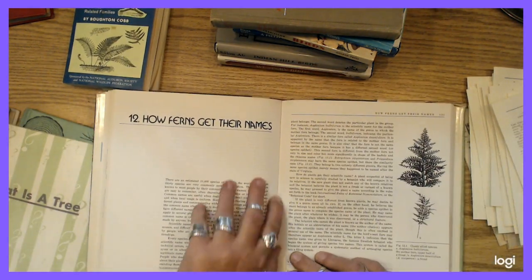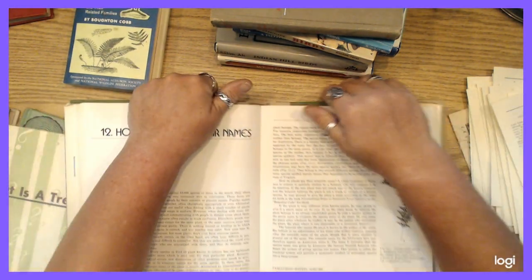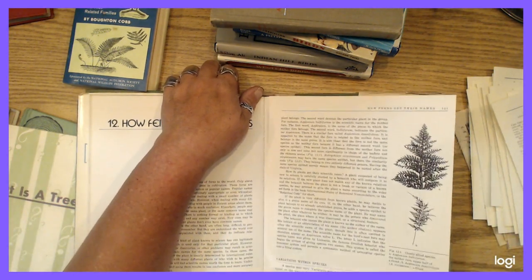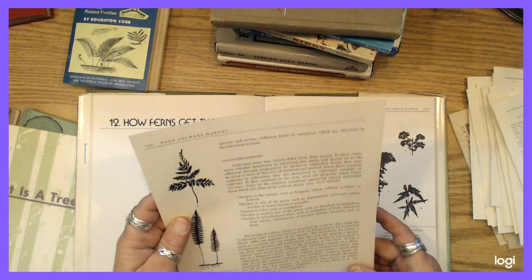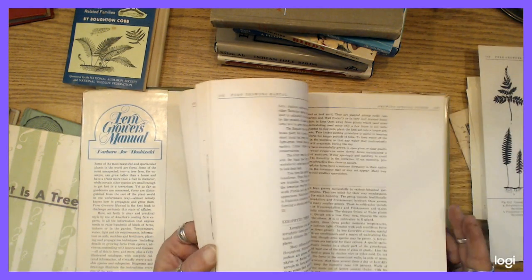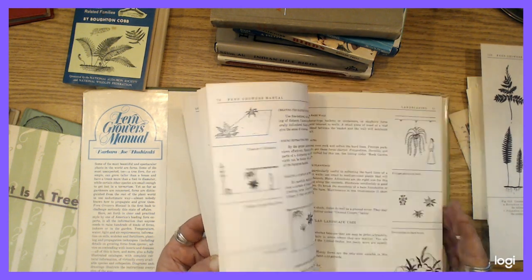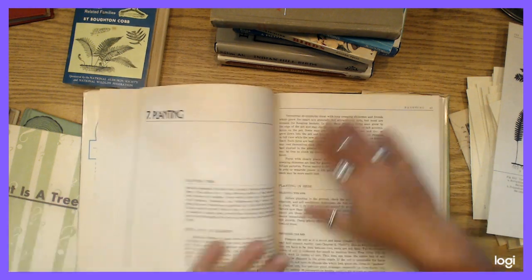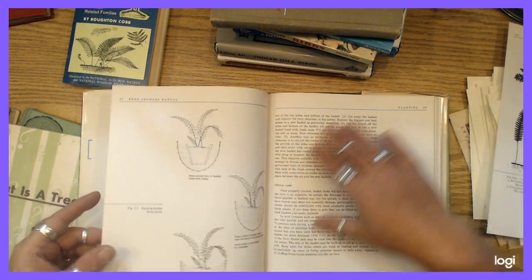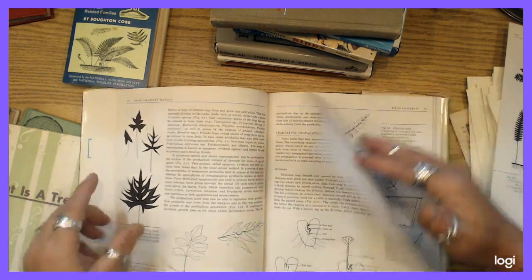So this book, these pages are all glued in. So let's see. Yeah, they pull out real easy. So I'm just going to kind of go through it and pull pages that I like. Seeing how this book is organized. So I don't really want that kind of stuff. I want more like